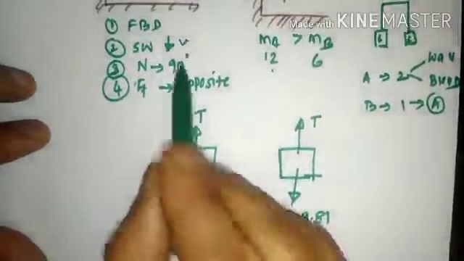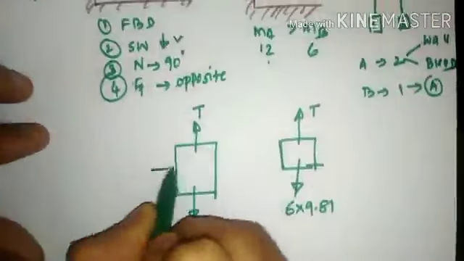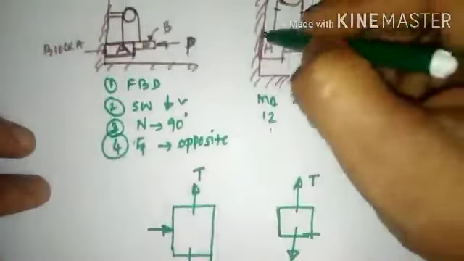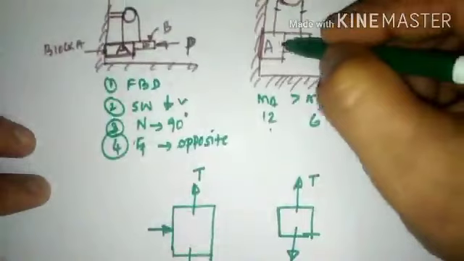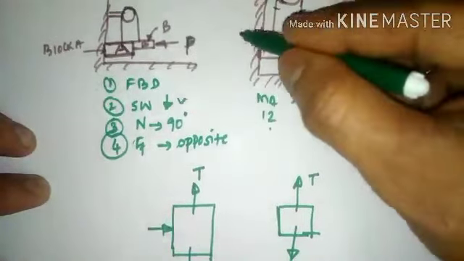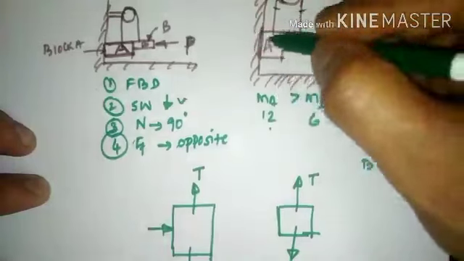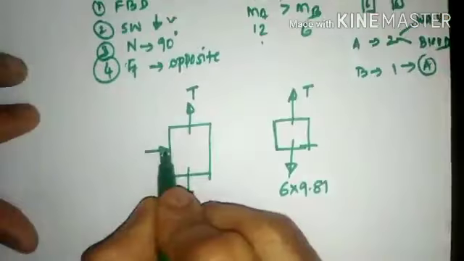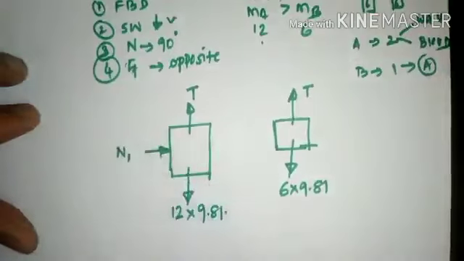Now coming on to the normal reaction. As the wall surface here is vertical, the reaction will be applied towards the right hand side. Imagine if this particular wall is not present. P will push block B towards the left hand side, and B will further push block A towards the left hand side. Now, to allow a displacement towards the right hand side, the reaction offered by the wall will be towards the right side. So this is nothing but the reaction force component offered by the wall, which I shall call